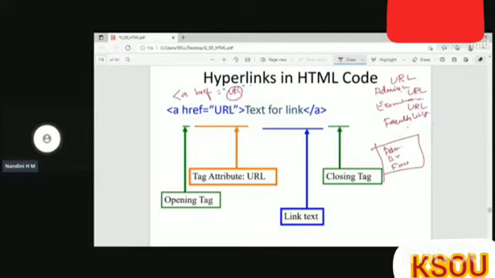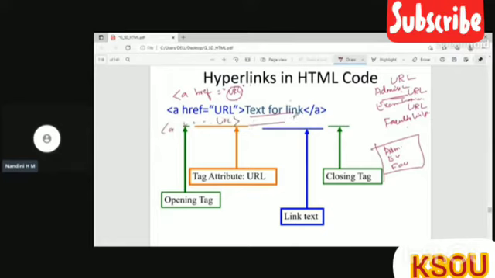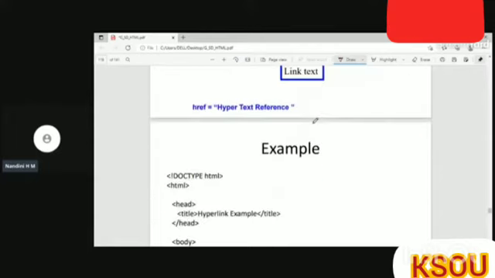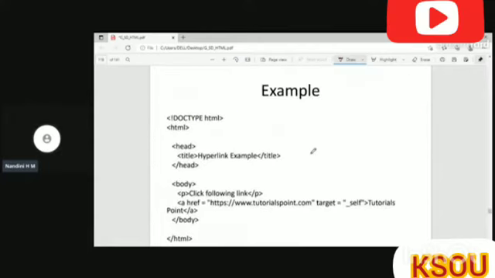For that, I have to enter the URL of this admission page, then write the text, admission link here, and then close the A. Suppose I want another text with a hyperlink, I have to write A href is equal to the URL of that particular page, then write the text, and then close this. So this is an example to create a hyperlink.